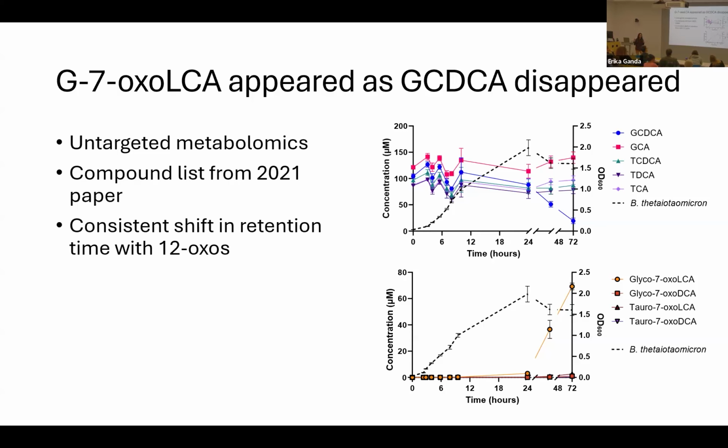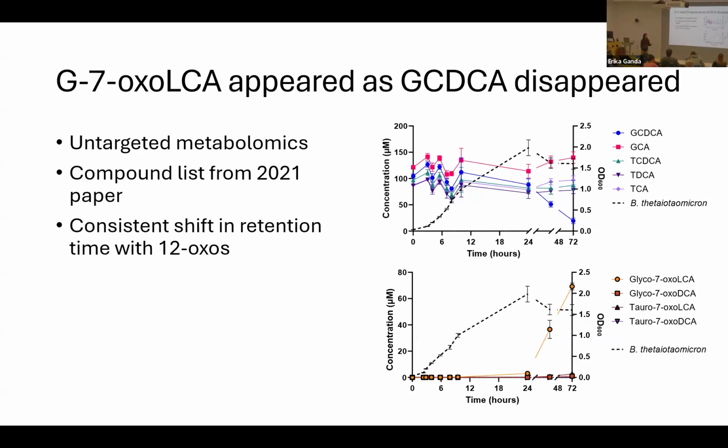And if anyone else does mass spec data, this might mean more to you. The differences in retention times between bile acids, whether they're conjugated or unconjugated, is pretty consistent. And so you can be more confident that your bile acid is the correct identity when these retention time shifts are consistent, even when you don't have a commercially available standard to confirm that.